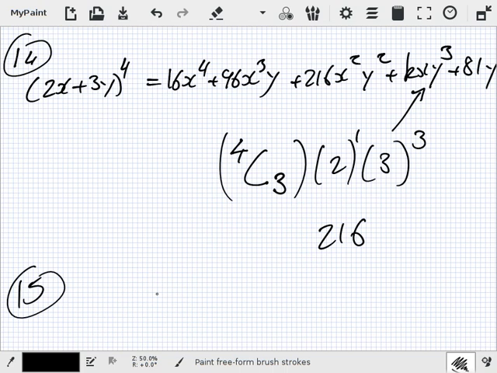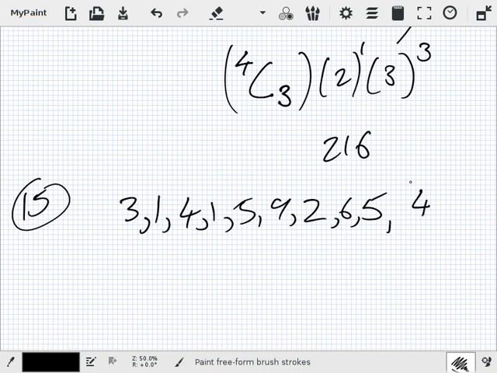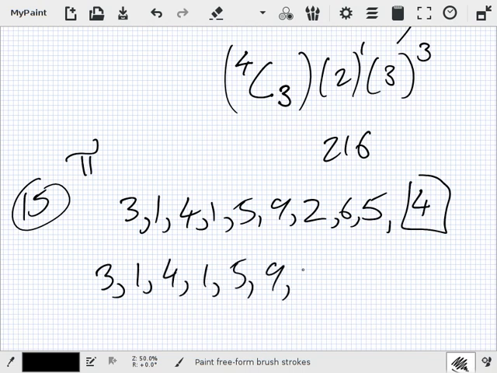15. What number comes next? 3, 1, 4, 1, 5, 9, 2, 6, 5? I just put that into the calculator and got the brackets. Try again with brackets. Now this one here, it was 4, and you can get this from your calculator by typing in pi. But actually, if you're being more technical about it, pi's value is 3.141592654